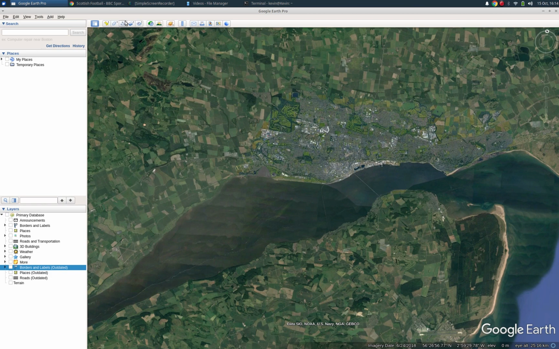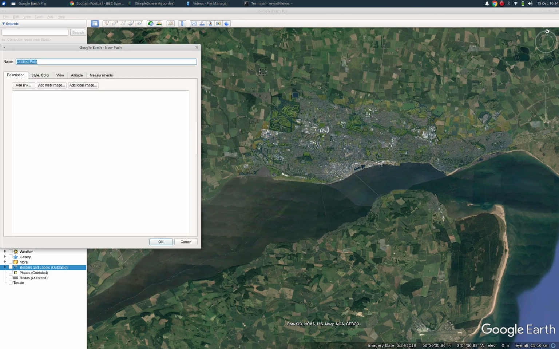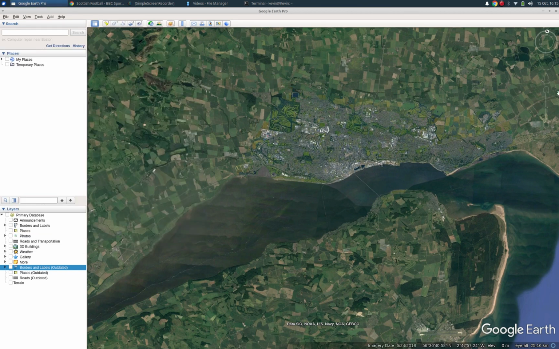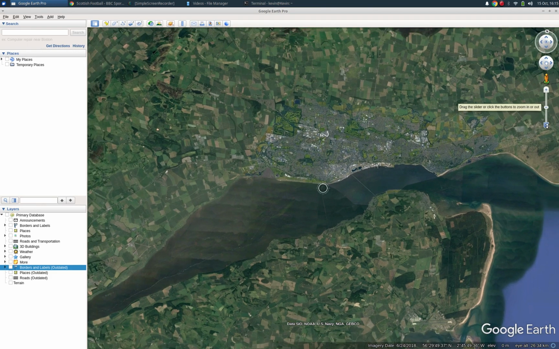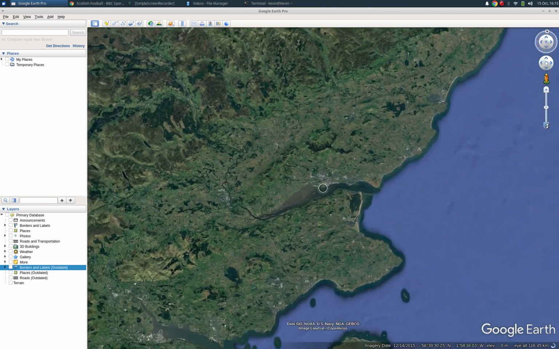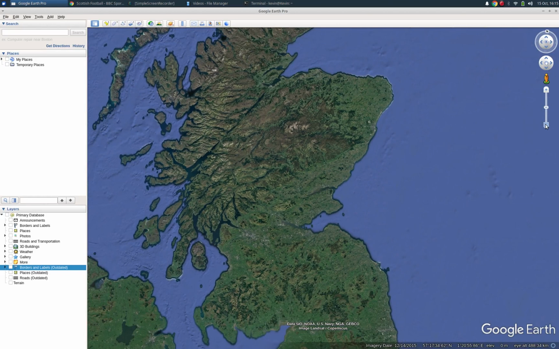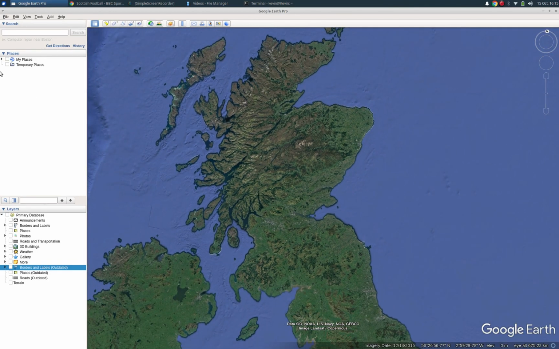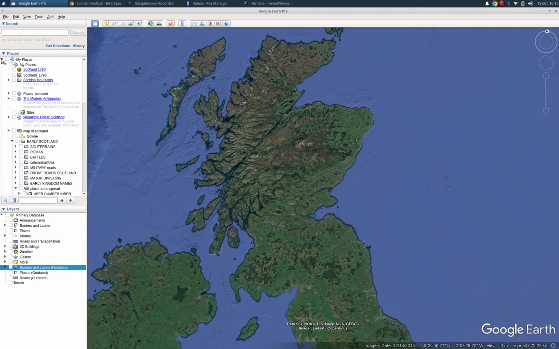You can also add in lines. So we can see here, you can draw lines. As I said, that option isn't really included with Google Maps, but it is with this, which is Google Earth Pro. So the first set of data points that I'd like to show you are the